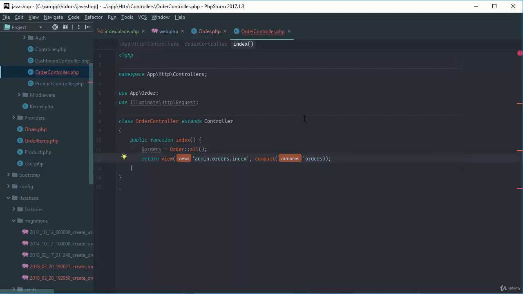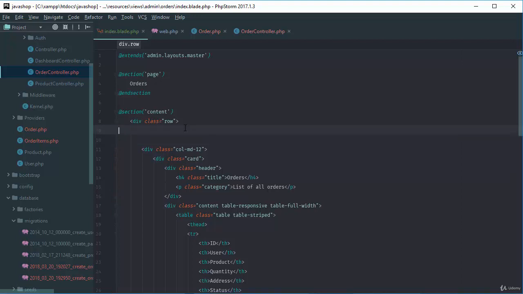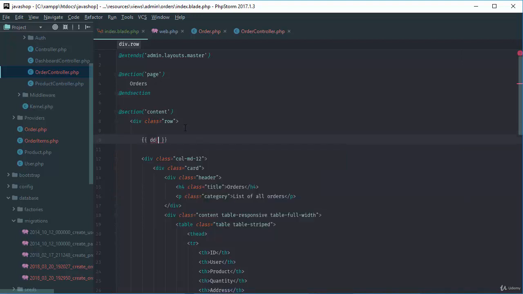Then if I go to my index page, what's the problem? There's an error, I think due to the double bracket. Yeah, the single quote is missing. Okay, now it's fine. Now if I go to my index page and simply use blade, die and dump my orders,